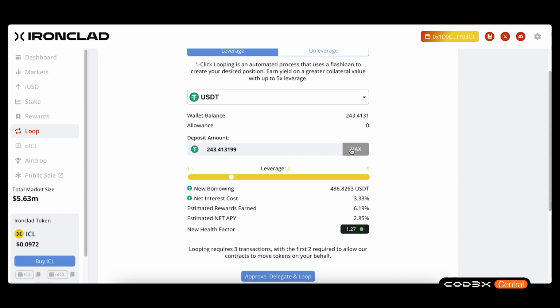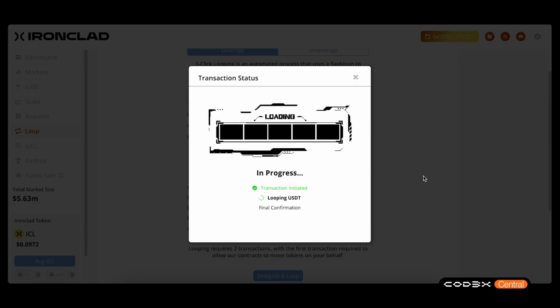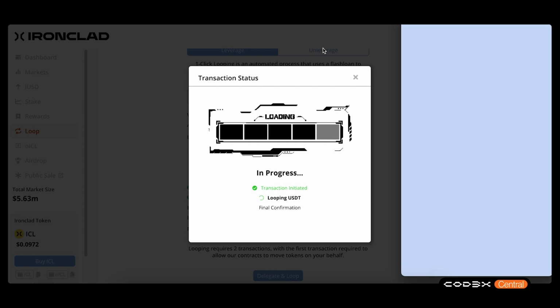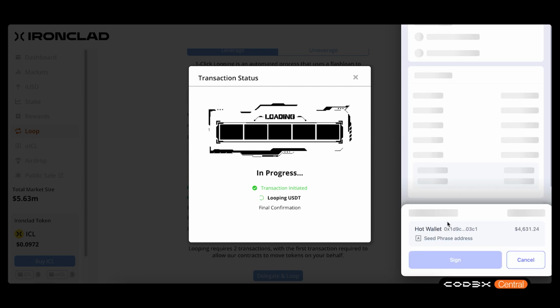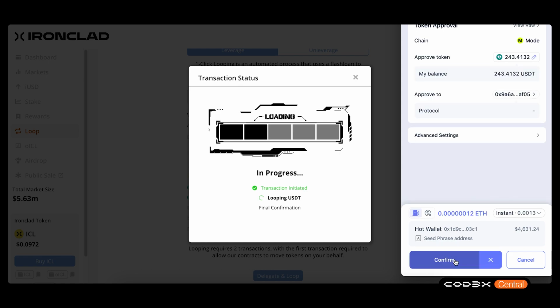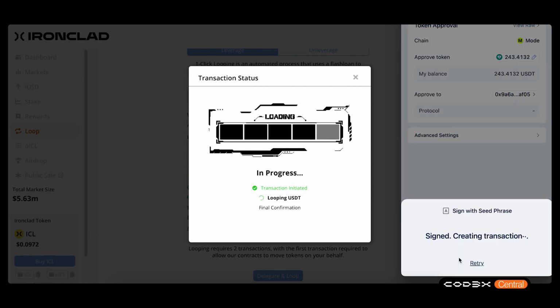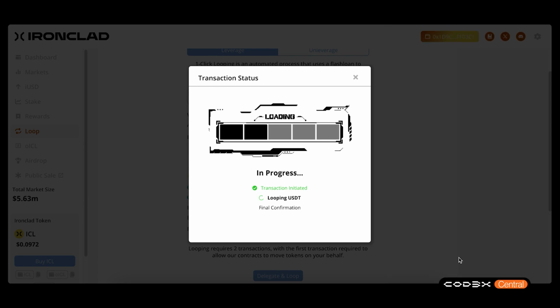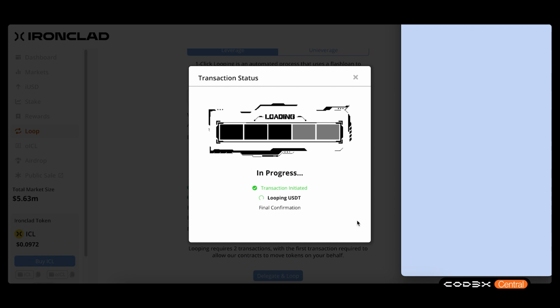So let's execute this. There'll be an approval, there will be an execution, and then I'll be able to see my position, and then I can delever or unleverage that position in one click as well. So I think this is really useful. A lot of people in DeFi, a lot of power users, they loop their assets, and historically it's just been really labor intensive and annoying to do, and obviously annoying to unwind. So I really like this feature,